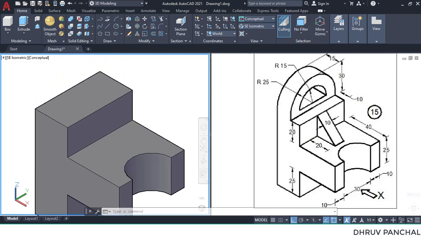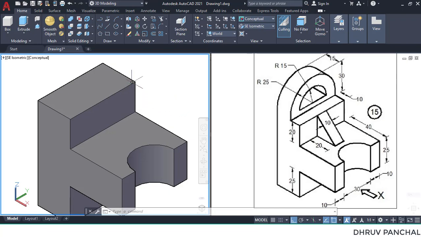Now we will generate a wedge section. For that, use line command. Select the midpoint. Give the dimension, which is 20 millimeters. Again select the line command. From this point, draw a vertical line and connect these two endpoints. Now select the 2D drawing and enter the join command. Now it is a single entity.